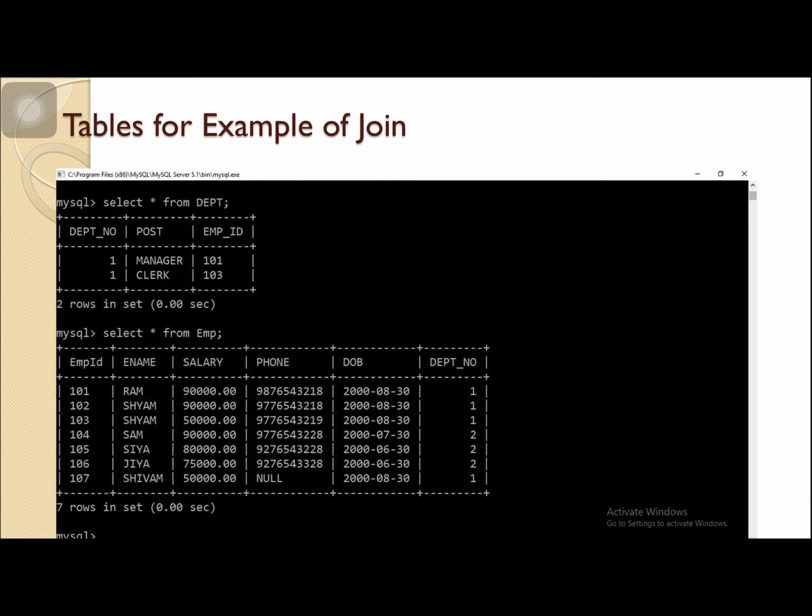For example, for showing this example, we have taken two tables. The first one is department, the second one is employee. Suppose I have written a query: select star from department comma EMP semicolon.